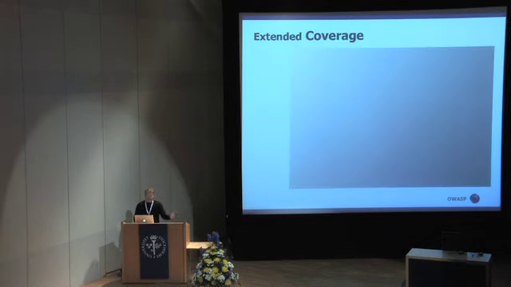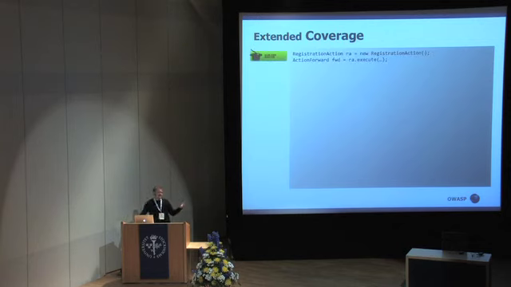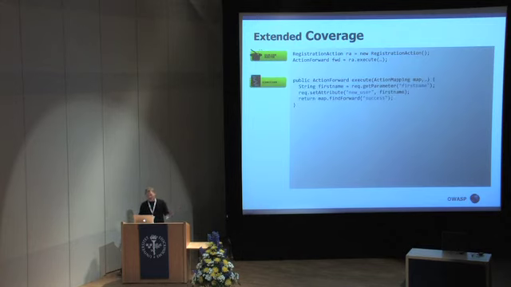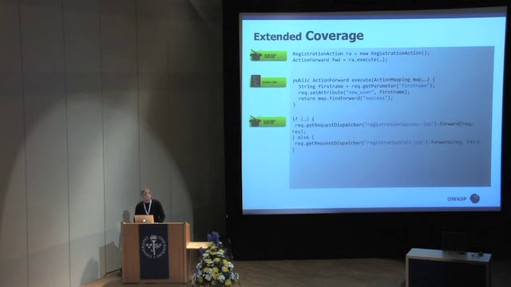Just a quick overview of how this extended coverage could look. And again, this is just for demonstration purposes. You start out, in this case, with your glue code injector that says, I'm going to start here. This is the action that you should invoke. You actually run the code from the source code itself. So the tool knows, okay, I'm going to go here. There's the action. I'm going to do whatever it takes. And after it's done, it returns something which you then ignore. You just say, whatever you got back here, these are the paths that you want to take now. And from there, you go into the source code again, into the